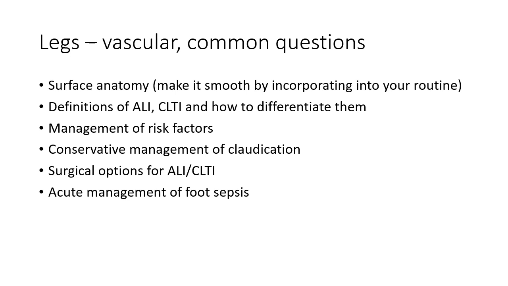As a house officer, you are expected to know the management of risk factors for vascular patients, including optimization of blood pressure, dyslipidemia, diabetes, smoking cessation. Right. It's also important to know the conservative management for claudication, which would include starting of aspirin as well as statins. This is mainly for prevention of cardiovascular mortality and morbidity. If you get to the question about surgical options for an acute limb ischemia or CLTI,